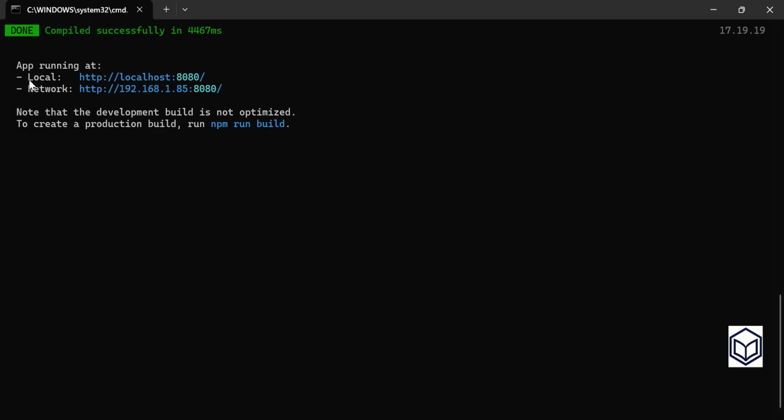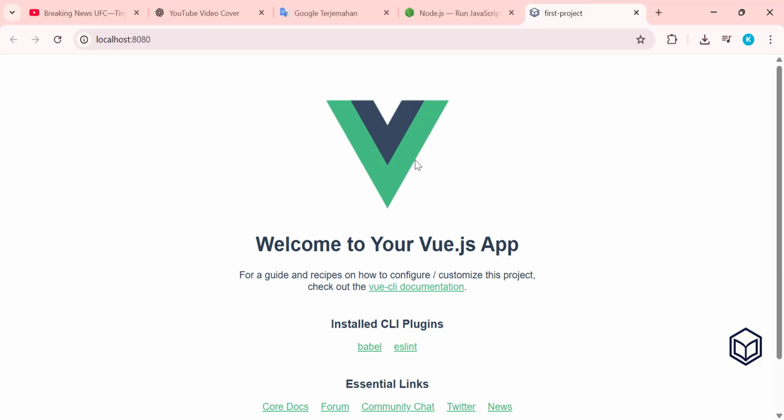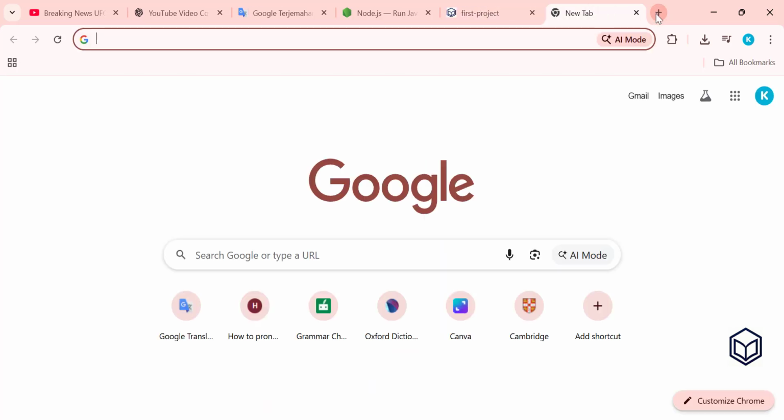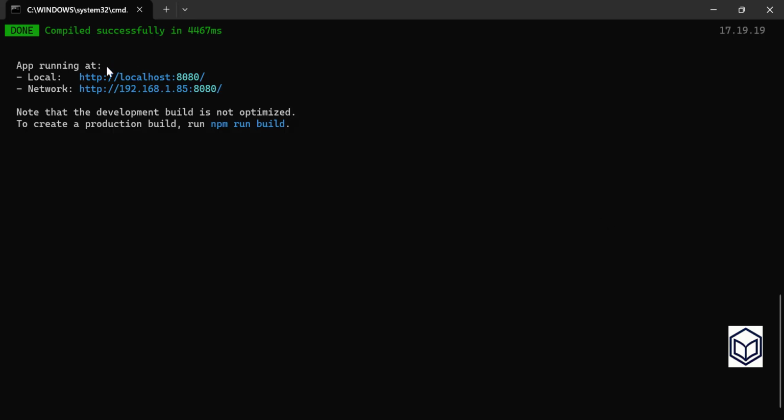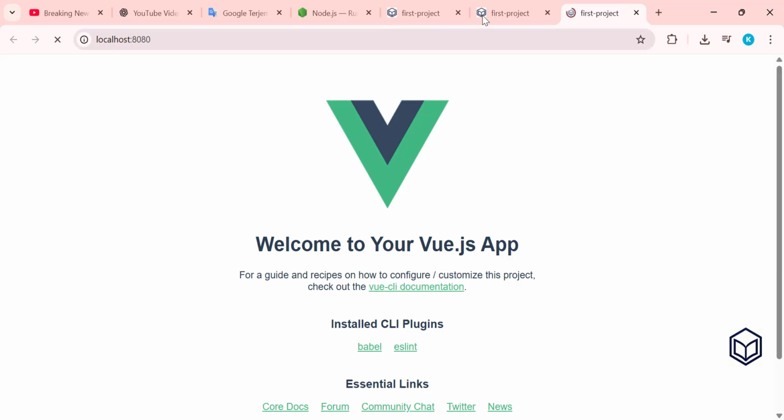After that you can see the local URL, localhost with port 8080. You can copy and paste it in your browser, or just click this hyperlink, and you can see our first Vue project running in our browser.